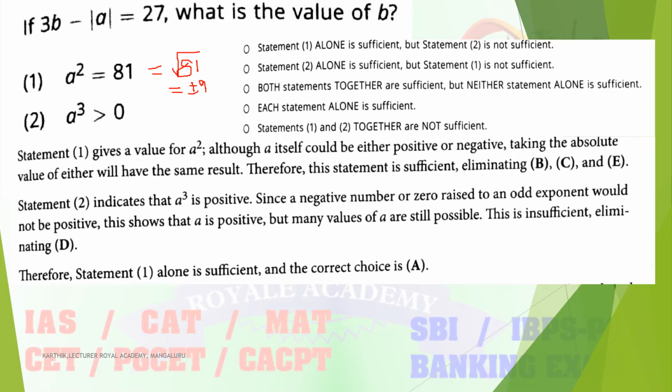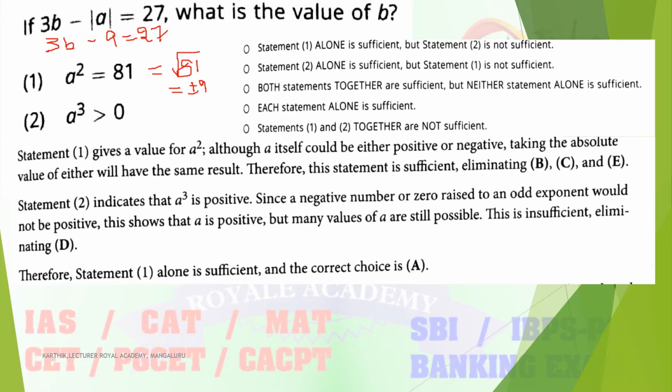So here, what is actually mod? Mod is nothing but you have to take plus 9 or minus 9 as plus only. So with the help of that, can you find out the answer? Yes, of course you can. How? 3b minus, so mod is nothing but just add 9 only. Why? Because if it is negative also it is converted to positive. So from this you can find out the answer of b.